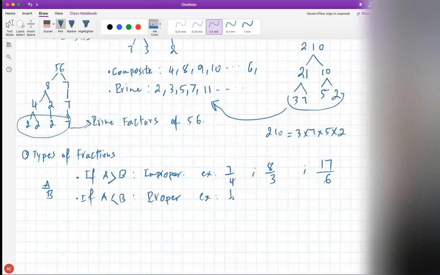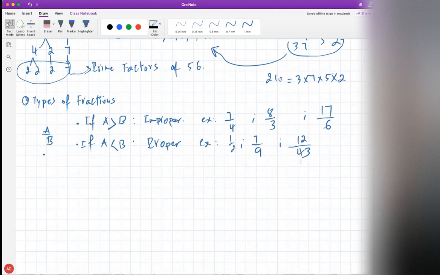And again, example, 1/2, 7/9, 12/43, and so on. And basically, we can turn improper fractions into another type of number. When you have a fraction like this, we can turn it into something else. What type of number can we convert it to? A mixed number. That's right. Convert improper